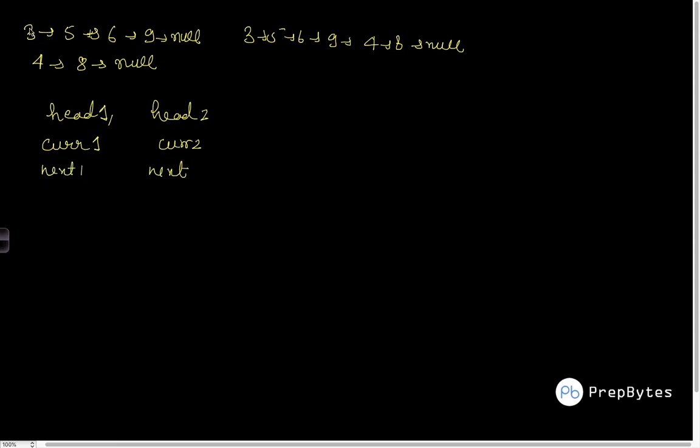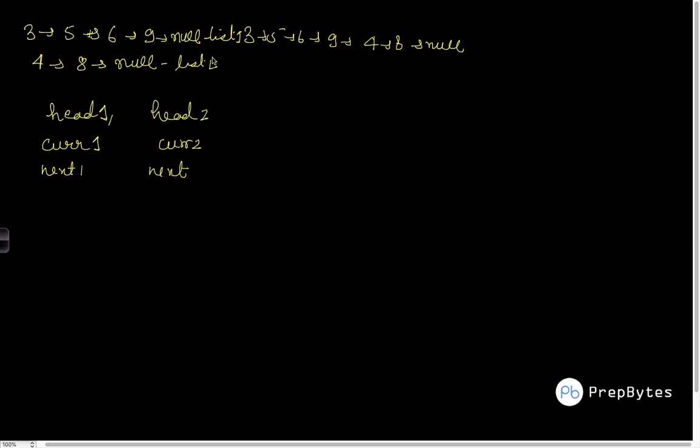As you can see, 3 has a smaller value than 4. As we saw a few seconds back, we are going to do the insertion into the list which has the smallest first value. We will do that particular thing when we see the code. Let's say I have already done the checking. I will first check that whichever has the smallest value will be list 1, and the other one will be list 2. We have to do this in the rearranged list function.